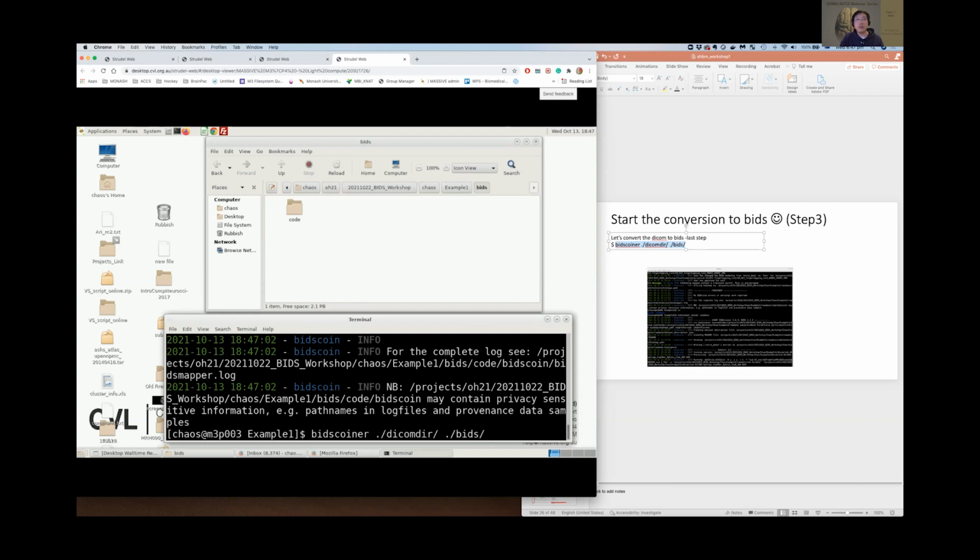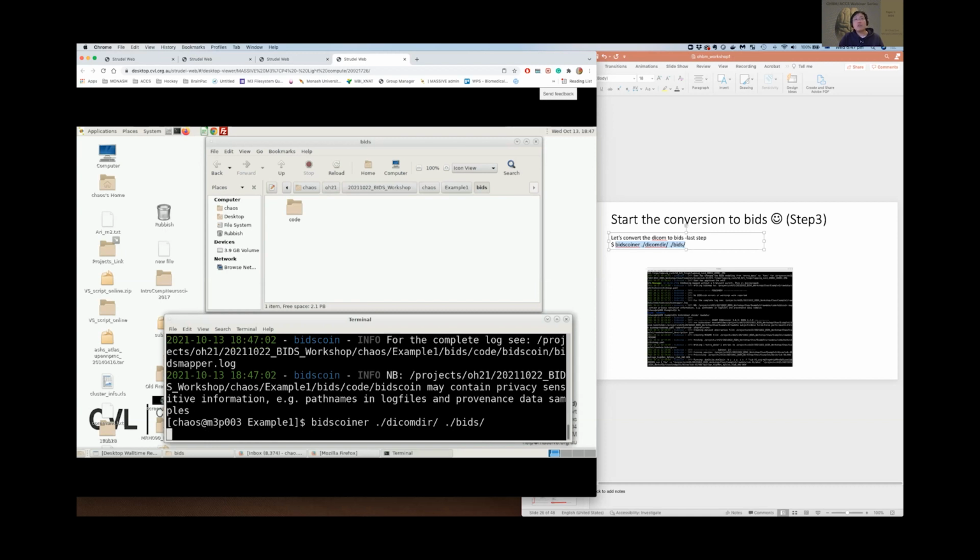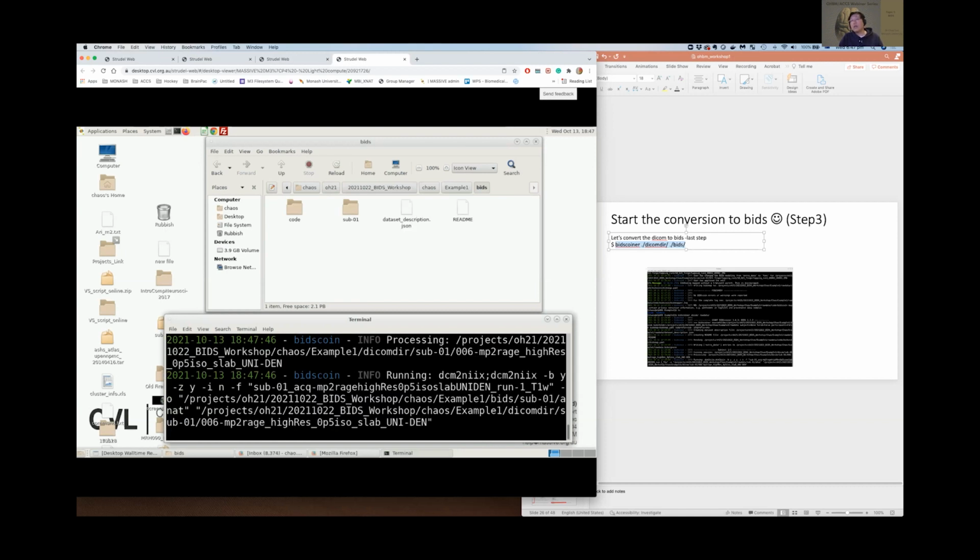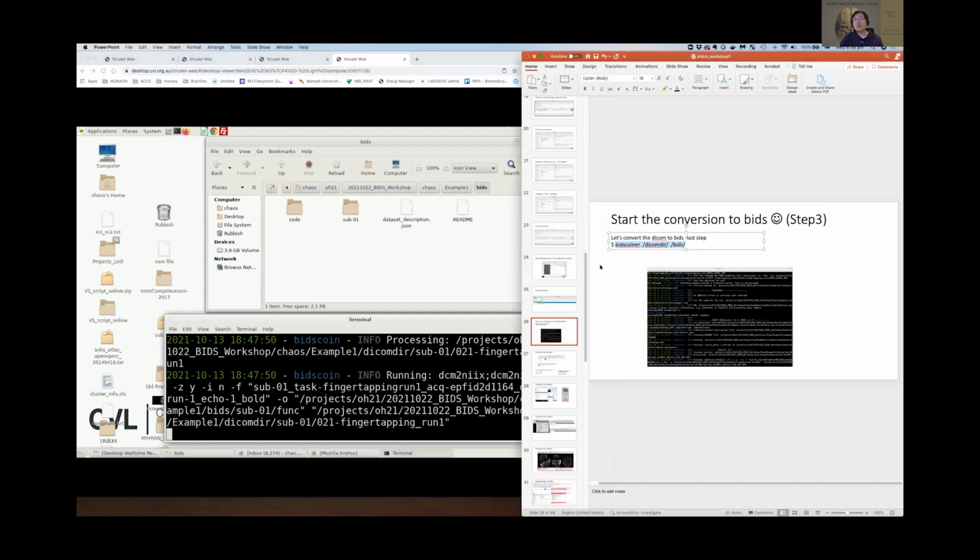Oh, it is working. It's simply the BIDS coiner command, with the input DICOM directory and the output being the BIDS folder. You can see it start to generate something. It is working. I've got my README, my dataset_description.json, and all of the other files that we stacked, and during the BIDS validation the warning should pop up.